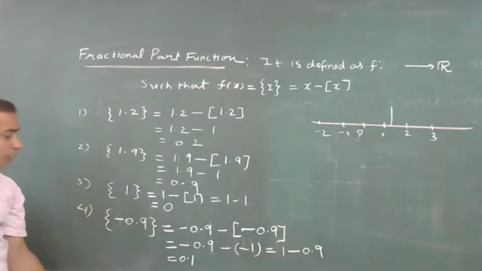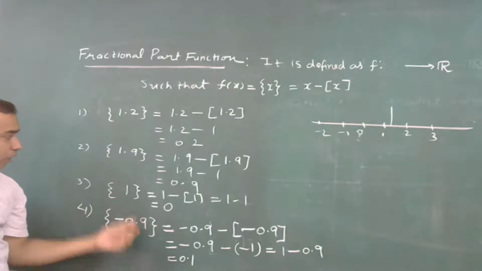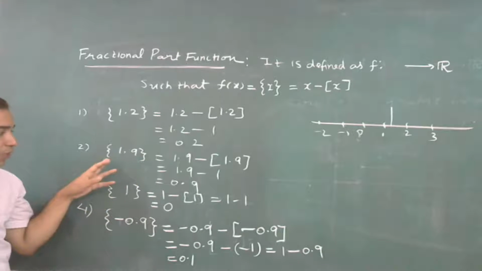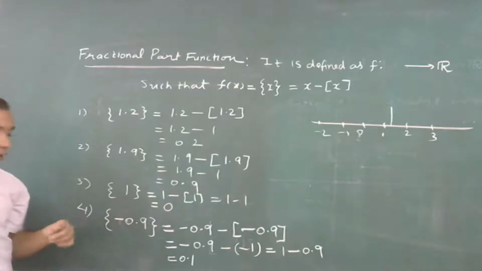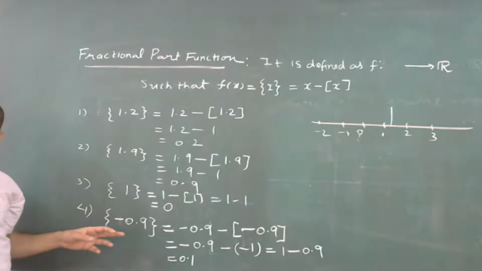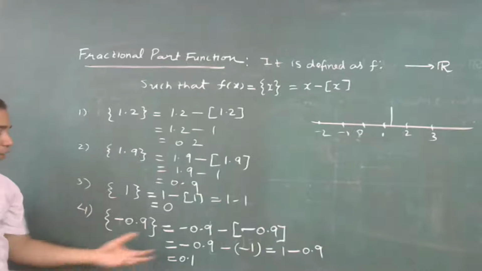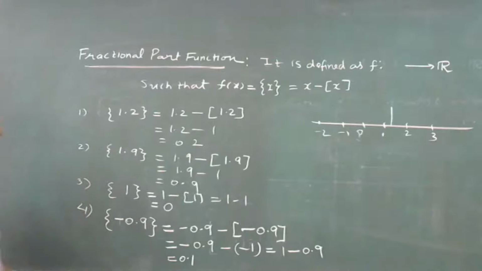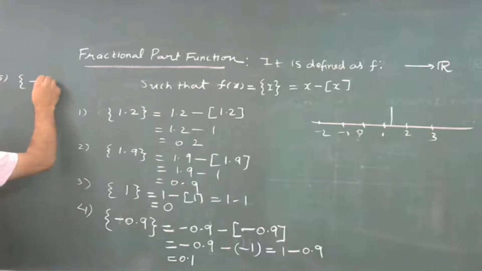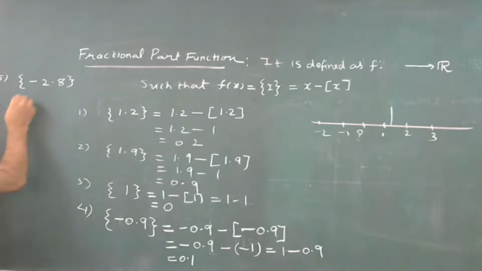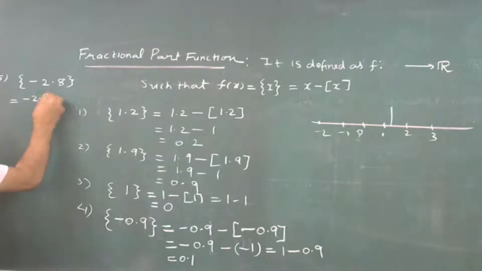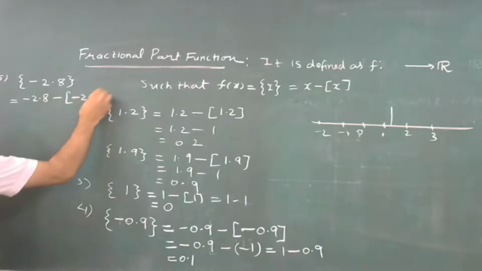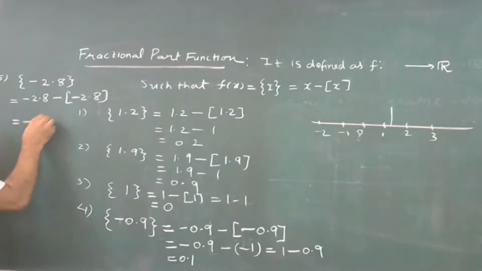करेक्ट. तो ऐसा नहीं कि आपने जो भी उसमें फ्रैक्शनल वाला पार्ट देखा वो उठा के रख दिया. वो पॉजिटिव के लिए तो ठीक है, 1.9 का 0.9, लेकिन नेगेटिव्स के लिए वो बात सच नहीं है ना. वो 1 माइनस करके आ रहा है, 0.1 आ रहा है. ठीक है, और थोड़ा एक और कोशिश करते हैं. Let us find out fifth example. फ्रैक्शनल पार्ट ऑफ -2.8 निकालता हूँ. So this will be as per the definition -2.8 minus greatest integer of -2.8,